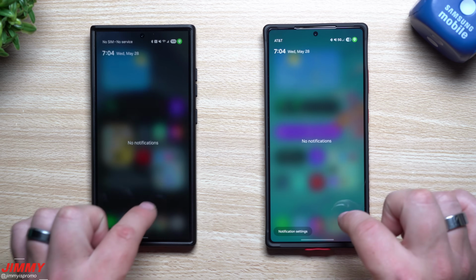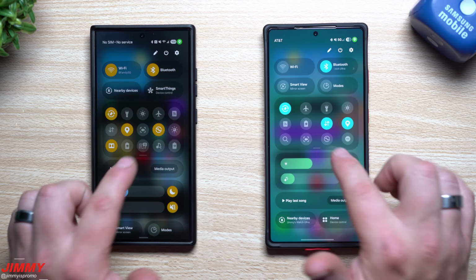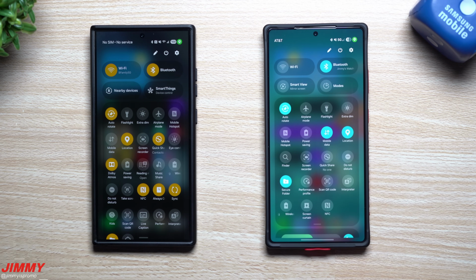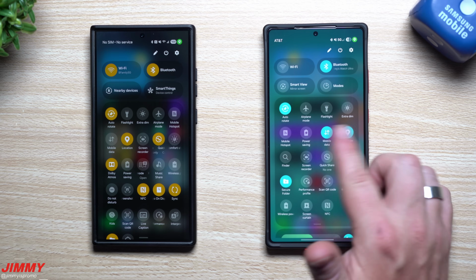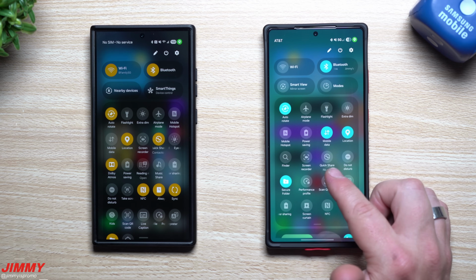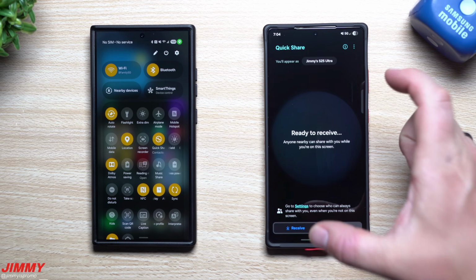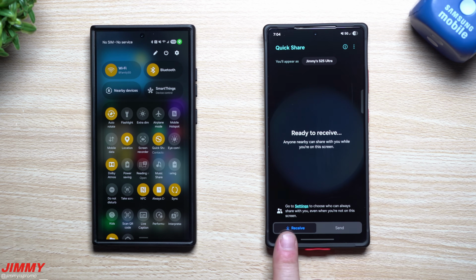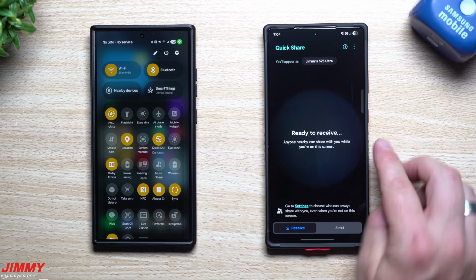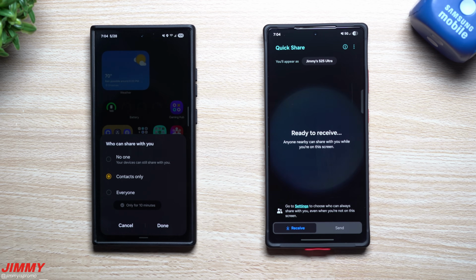Now, the first key difference that I want to share with you other than the Easter egg, and that will be Quick Share. So first off, over here on the brand new Samsung One UI 8 beta, if I go inside of the Quick Share just by tapping, it'll take me to this new screen. First off, this is me able to receive something. So I am now ready to receive,